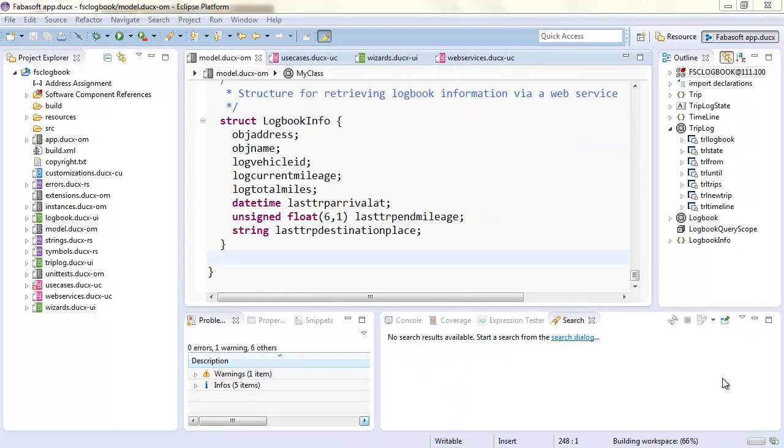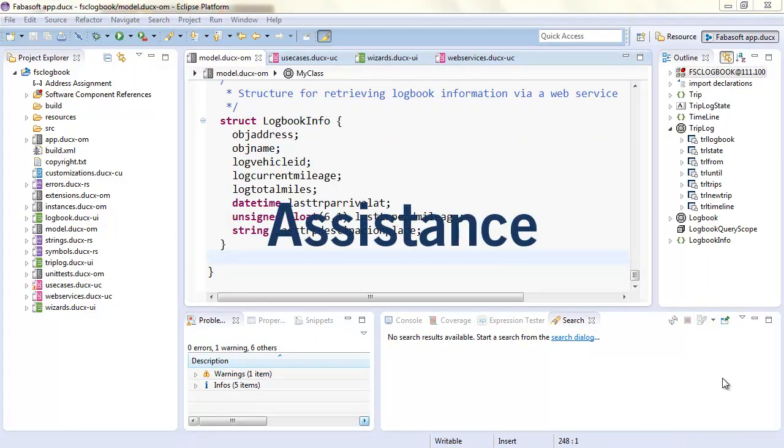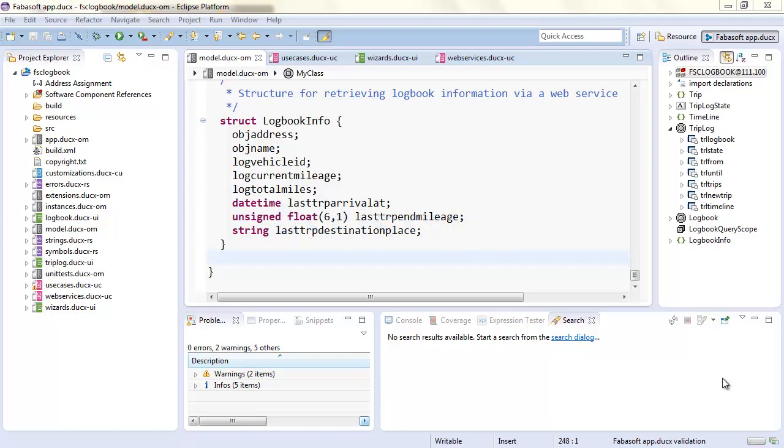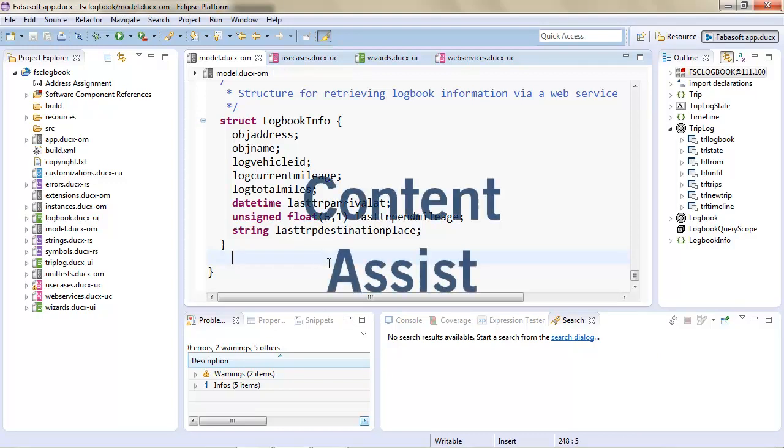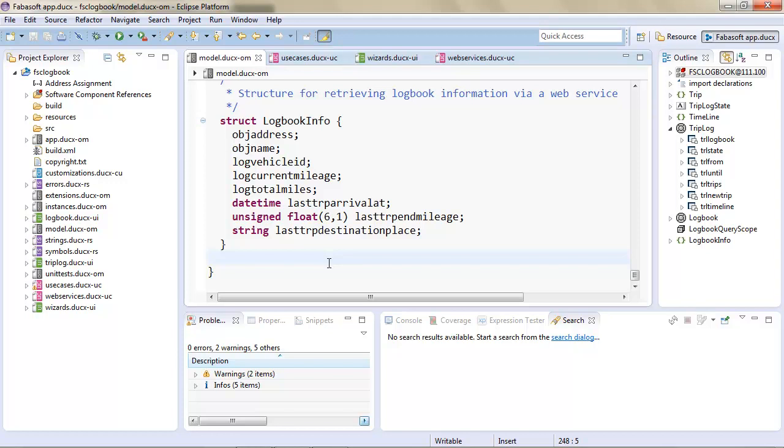So the third group of features that I want to show you is called assistance. The features within that group try to actively assist you when writing your source code. The first thing that I want to show you is the content assist. So here we are in an object model file,